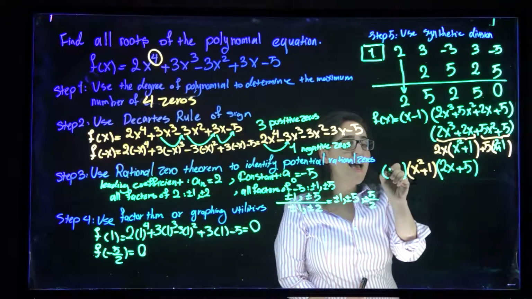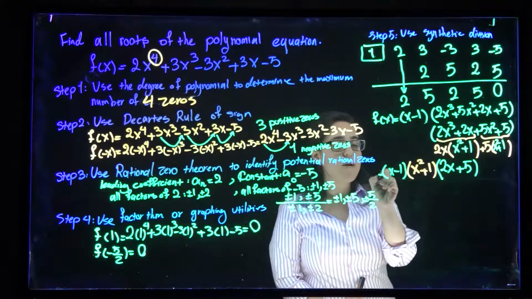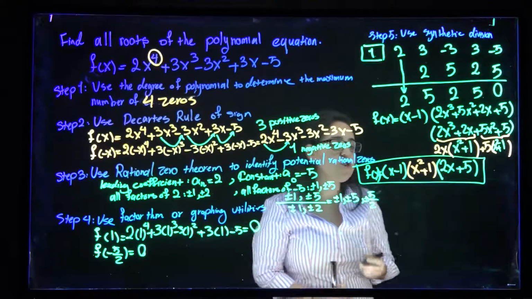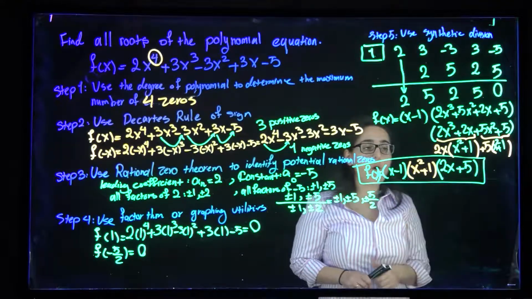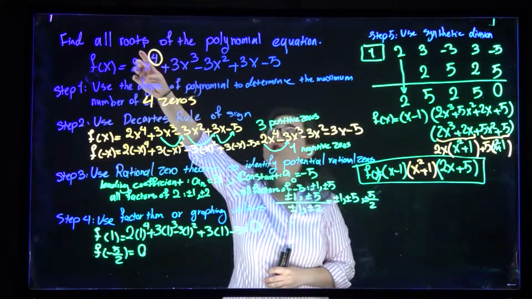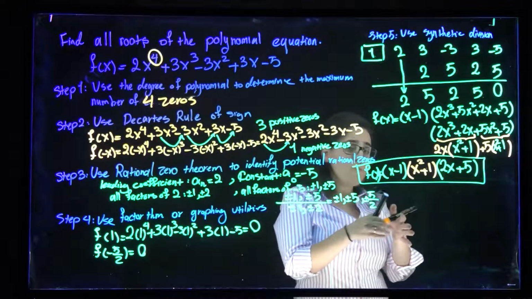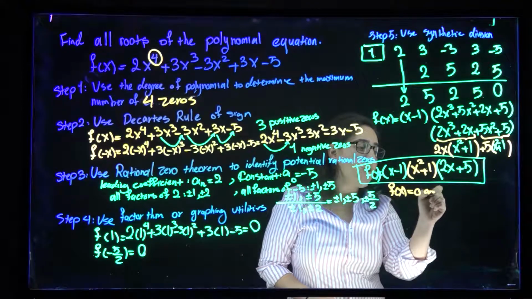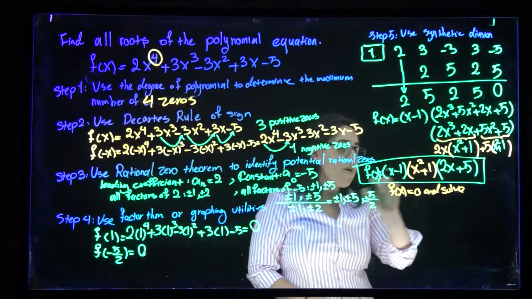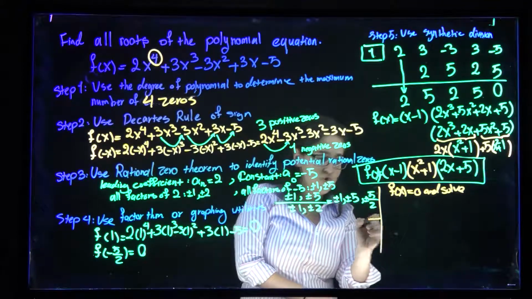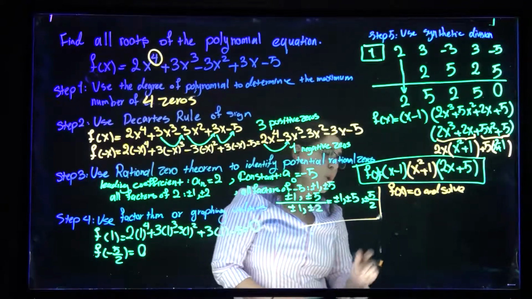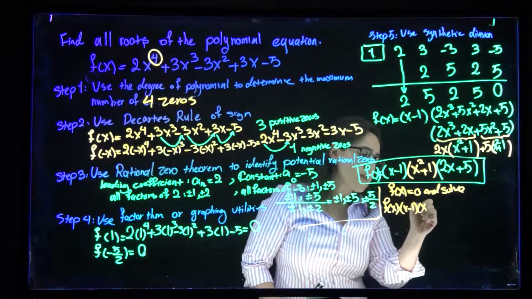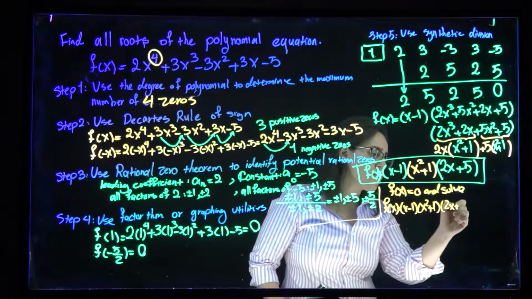Remember, I also had that x minus 1 in the beginning of my function. So now I factor out my function. Very good. So it's been all factored out. If I want to find the roots, it's enough to put the f of x equal to 0 and solve. So if I put the whole thing, let me make some more room here for myself, f of x as x minus 1, x squared plus 1, and 2x plus 5